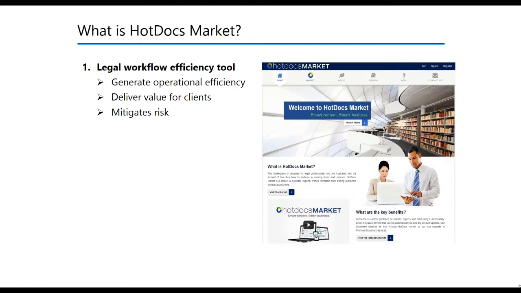You're able to use HotDocs Market and the templates that are offered for subscription on HotDocs Market to improve the speed at which you practice, or the efficiency at which you practice. Because you're spending less time filling out forms, this allows you to spend more time and ostensibly value for your clients. It also helps you mitigate risk by using content on HotDocs Market,